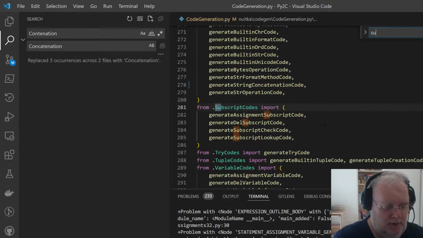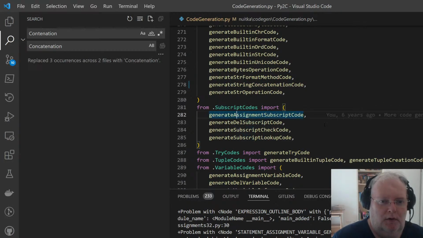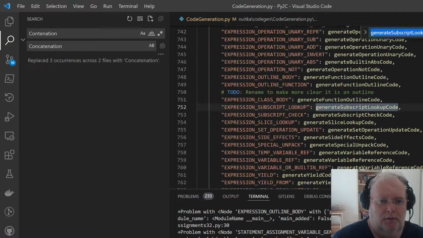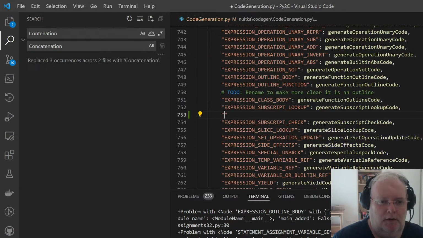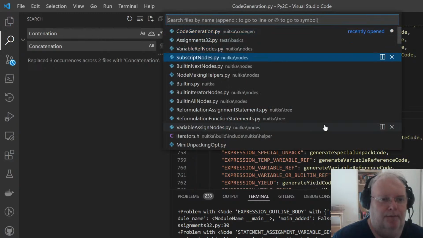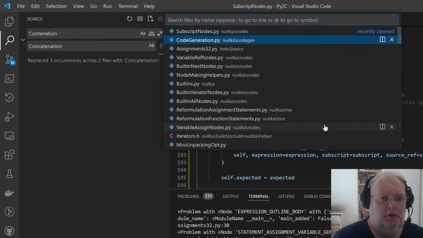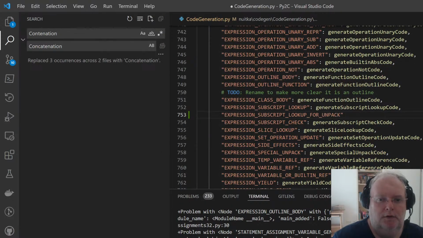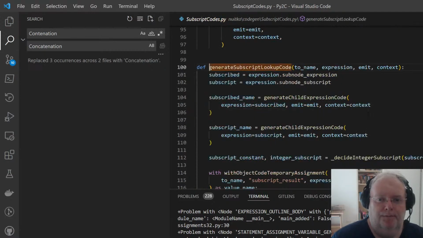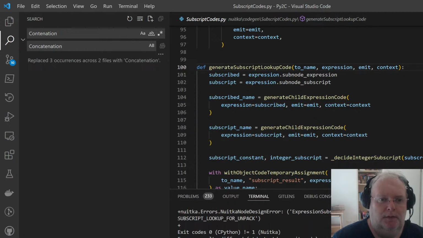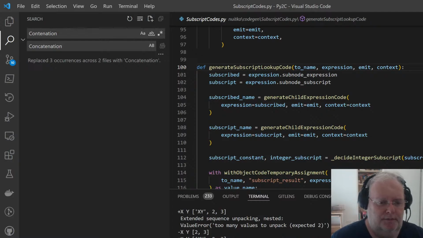So, but subscript code probably needs... okay, if I put the same code generation, just compile again, but it may, yeah, okay. I mean, if it doesn't fail, only the exception type will be wrong. Okay.